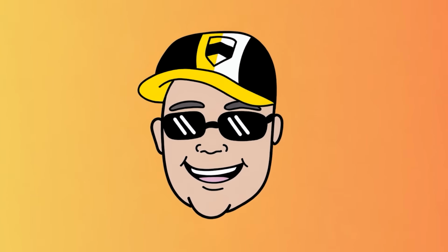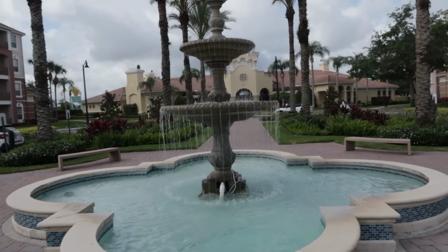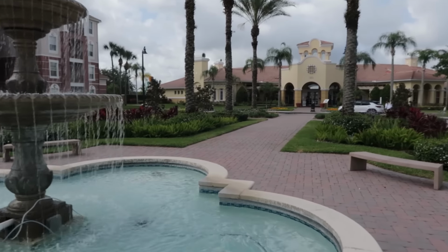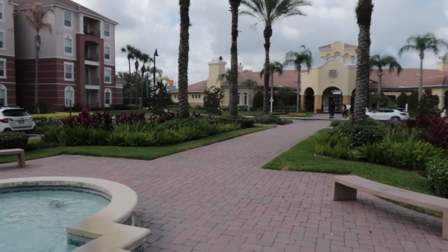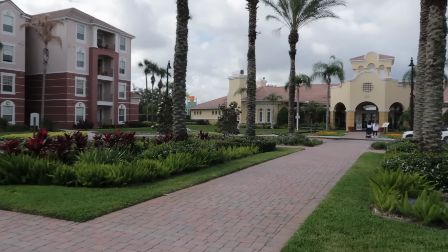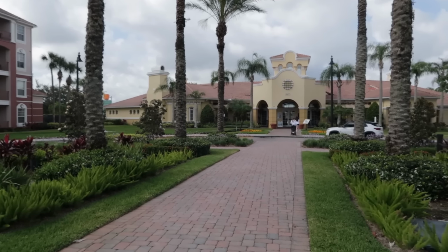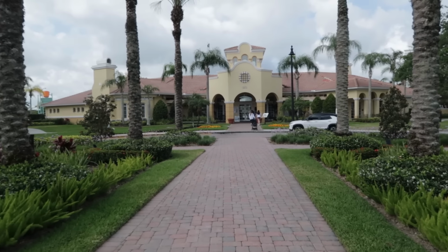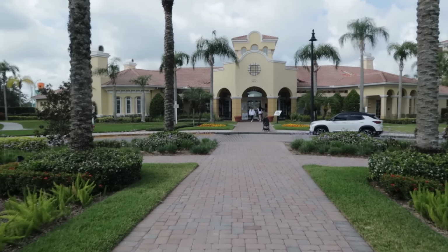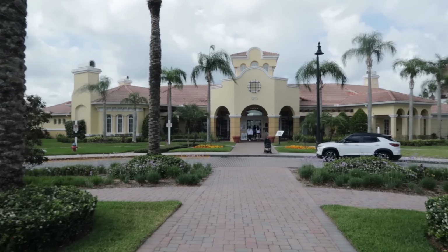Are you looking for an epic resort stay close to Epic Universe? Oh boy, do I have the place for you. This is Vista Cay. It is located just minutes away from Universal's Epic Universe. In fact, it's the closest resort or condo or place you can stay that is not a Universal owned hotel or resort. It is just down the road from Epic Universe, and very, very close to the other